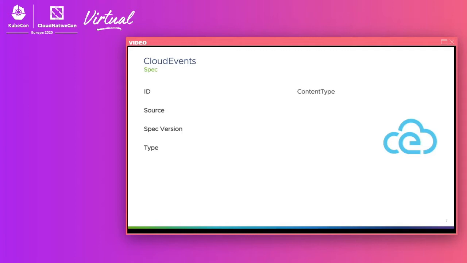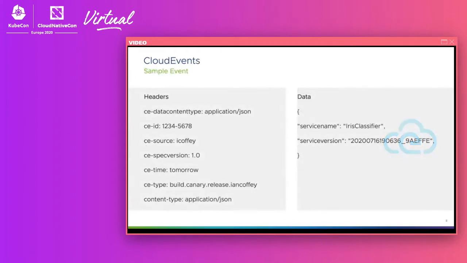And the content type is an optional field, as is schema. The extensions are optional, as is subject. And the payload, of course, is where we're going to be including our payload, which in our case will be serialized JSON,